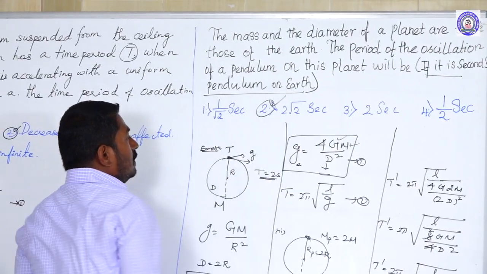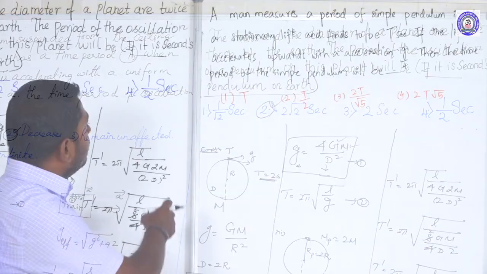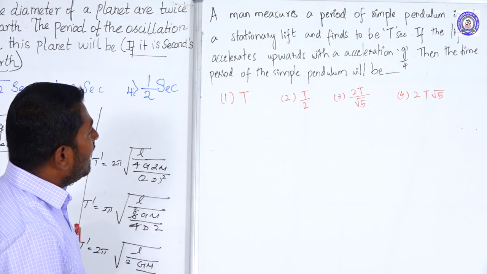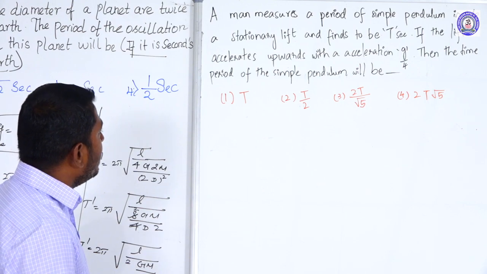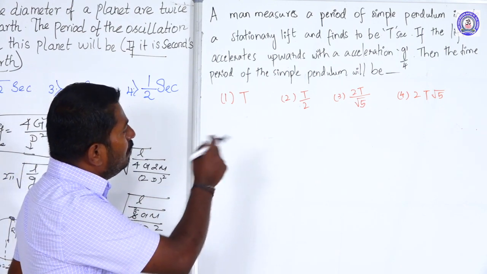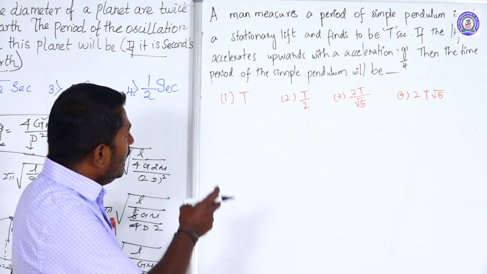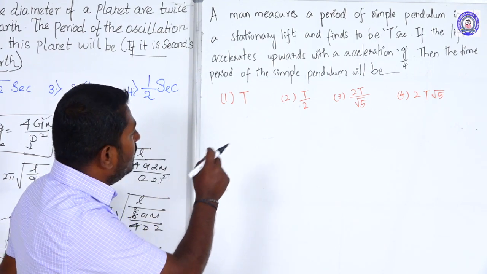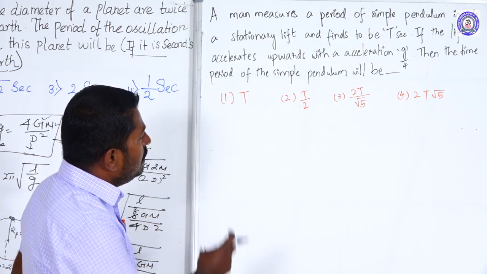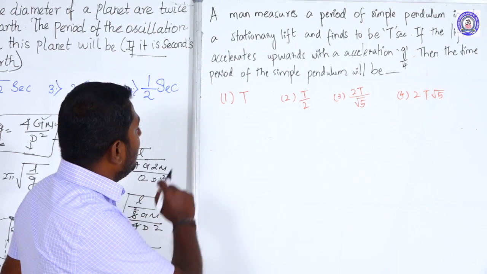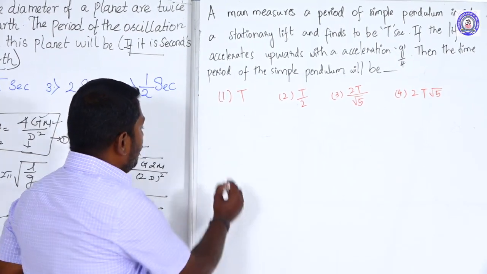Second choice, 2 root 2 seconds. Question: a man measures the time period of a simple pendulum inside a stationary lift and finds the time period to be capital T seconds. If the lift accelerates upwards with an acceleration g divided by 4, then the time period of the simple pendulum will be, in the first case,